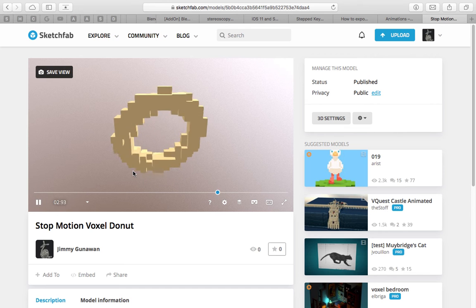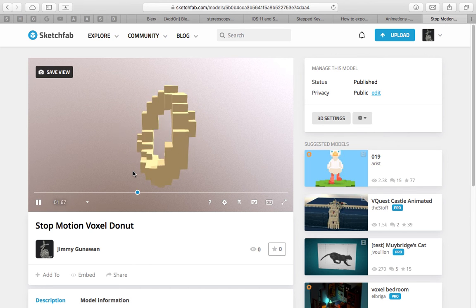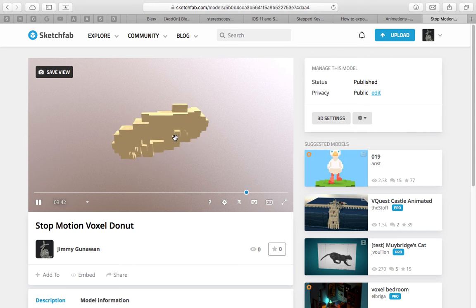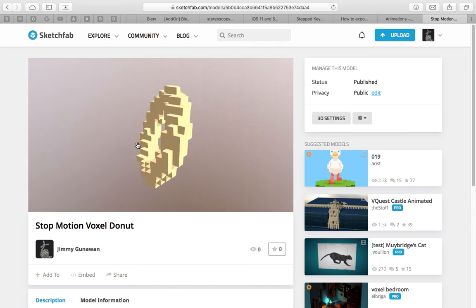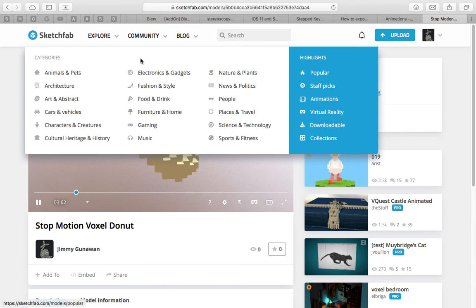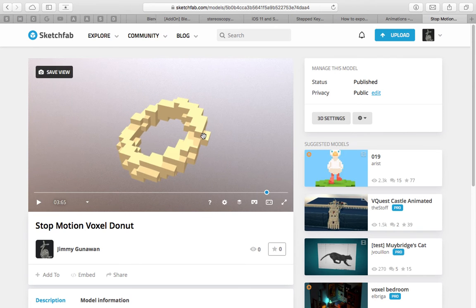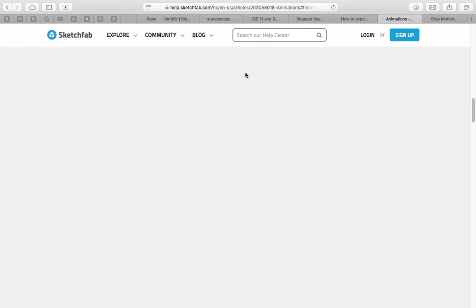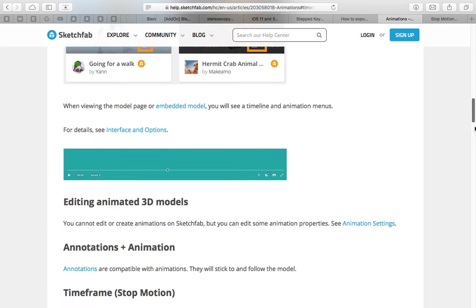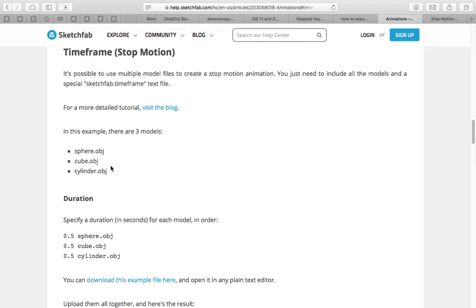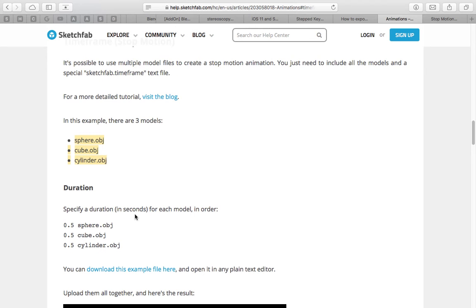In this episode, I'm going to show you a setup in Blender using the Animation Nodes add-on and the Sverchok add-on, basically to export 3D stop motion animation for Sketchfab. Sketchfab allows you to upload stop motion animations, and in this case, I'm using an OBJ sequence. There is documentation at Sketchfab where you prepare a batch of objects inside one folder, and then you provide